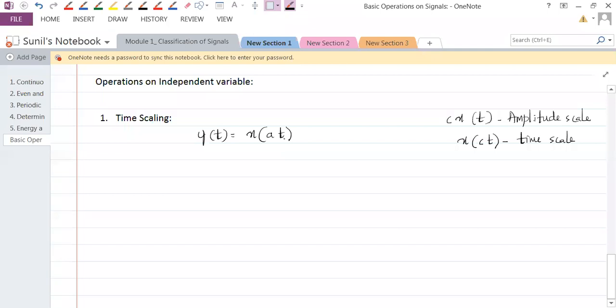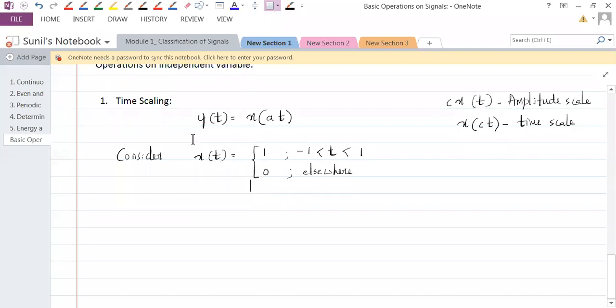Fine. Now let's consider a signal for this. Everybody consider a signal to see this, to understand it better. Everybody copy this. Consider x(t) equal to 1 for t greater than -1 and less than 1, and 0 elsewhere, or you can even say otherwise. Fine. Now this is the signal given.